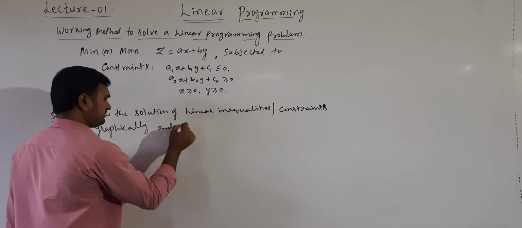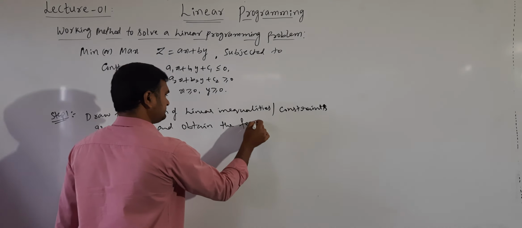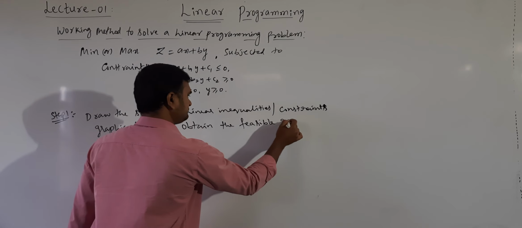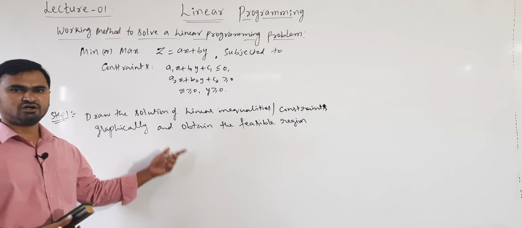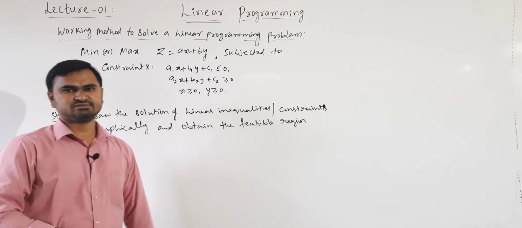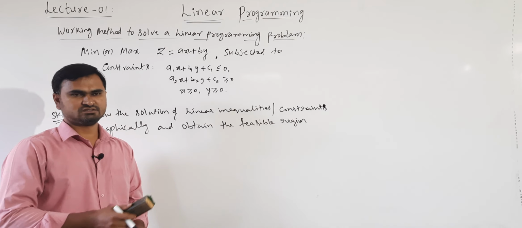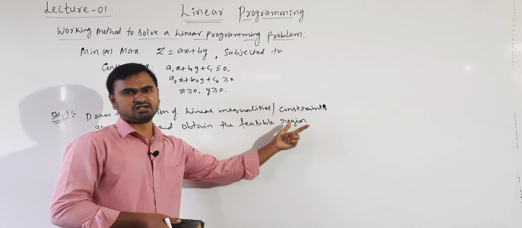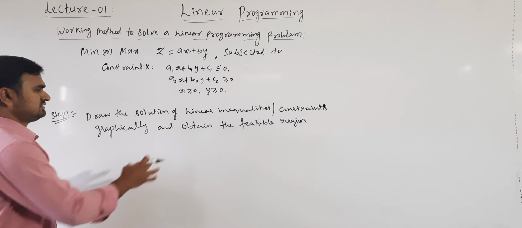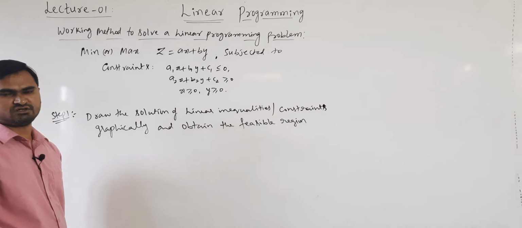and obtain the feasible region. Right? We are drawing the graph and we are obtaining the feasible region, that is the common region satisfied by all the inequalities. So, first you have to identify that common region and shade it darkly. This is the first step. This already we know, we solved in the first year, system of linear inequalities solving graphically.